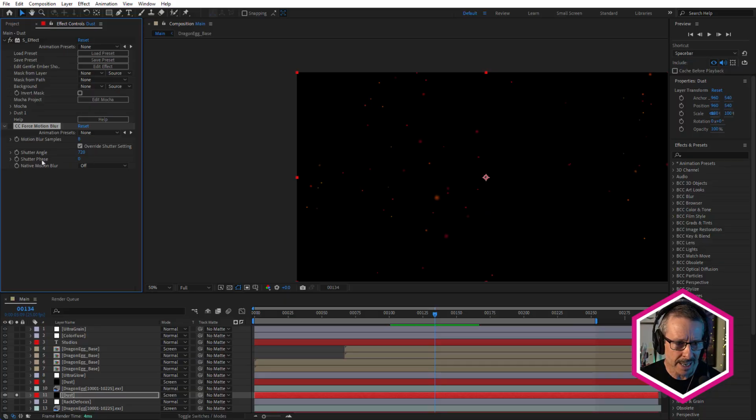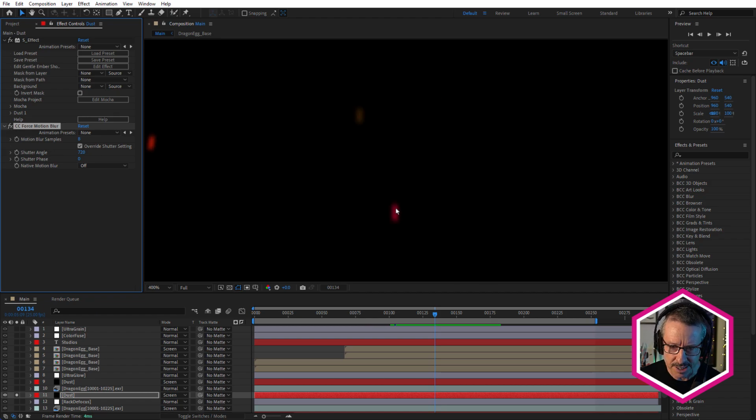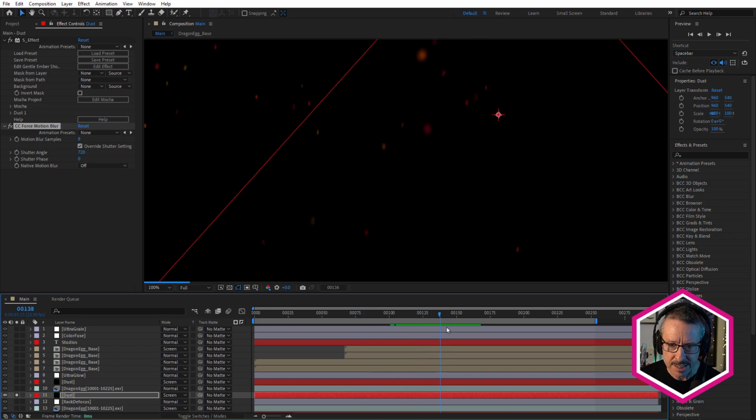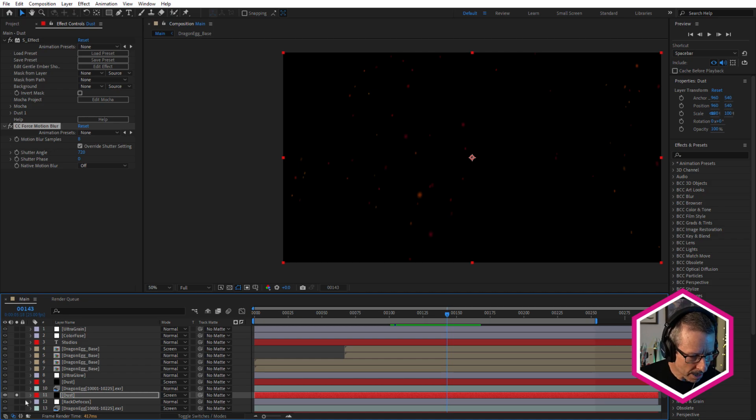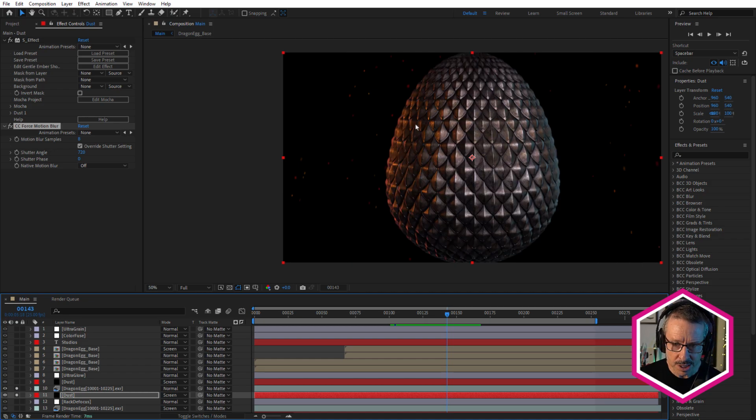But when you've got things like embers, motion blur really helps. You can see how it stretches that circular shape into more of a falling ember look. So we've got these gently falling embers behind the egg, which is really nice.